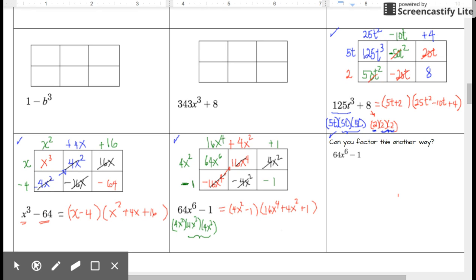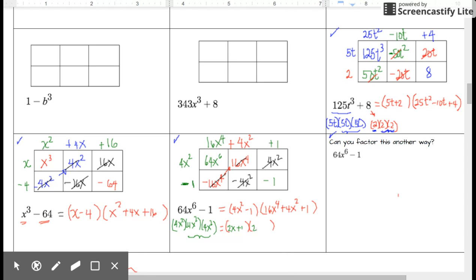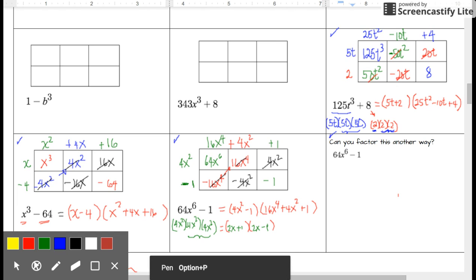We're done factoring. Oh, not yet. We're not done factoring it because 4x squared minus 1 is a difference of two squares. Each term is a perfect square. So now we can factor. We can still factor that. We're going to have here 2x plus 1 and 2x minus 1. And then we'll have here